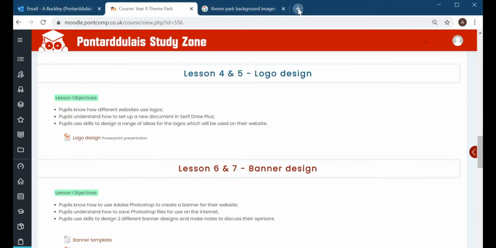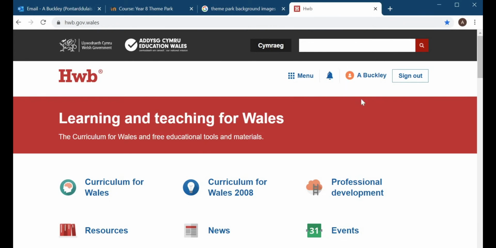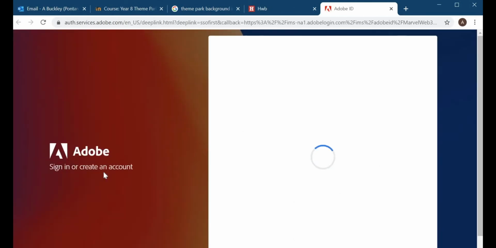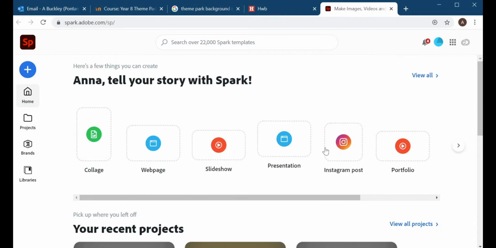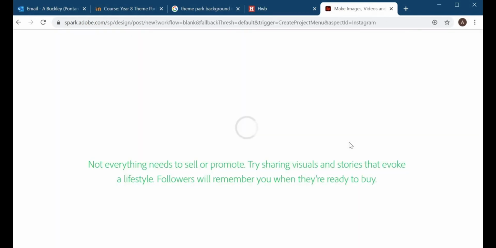So if you get a new page open and open up Hub for me, I've already signed in. So if you could sign in for me, and then if you scroll down, you should be able to see this Adobe Spark, and this is what we're going to be using today. So it should come up with this page for you as well, and then we want this sort of shape for our logo. It doesn't matter that it says Instagram, it's just the shape that we're looking for. So if we click on that,